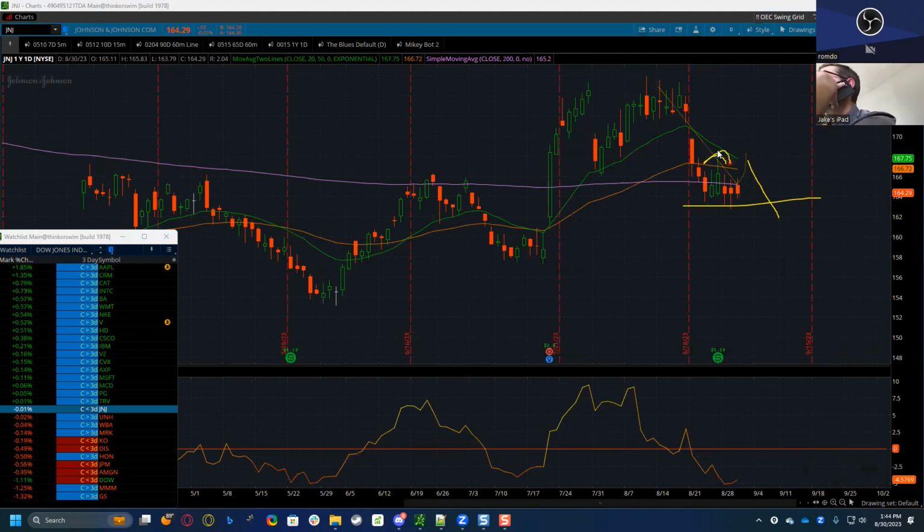We can count this high here from the 28th. We can, but it'd be nice if we get another try. Either way, if we break our current low, get a candle close below that low, there's our short in Johnson